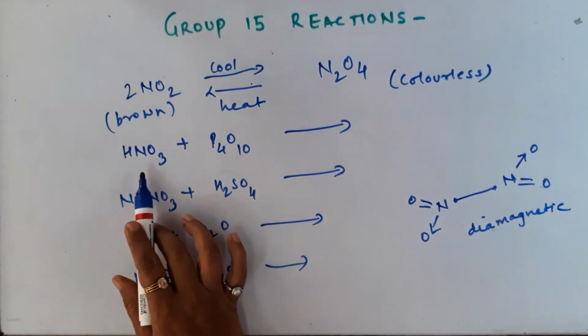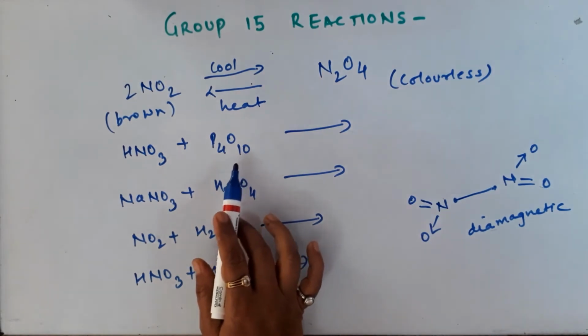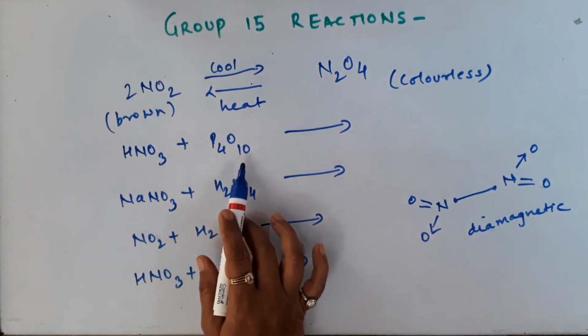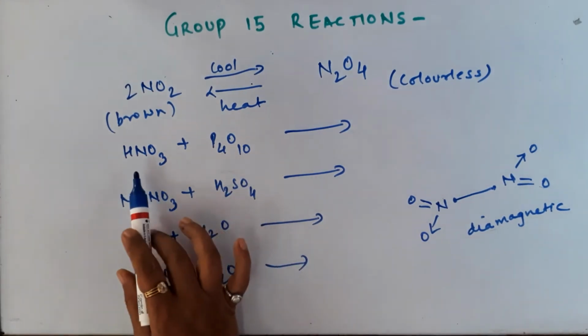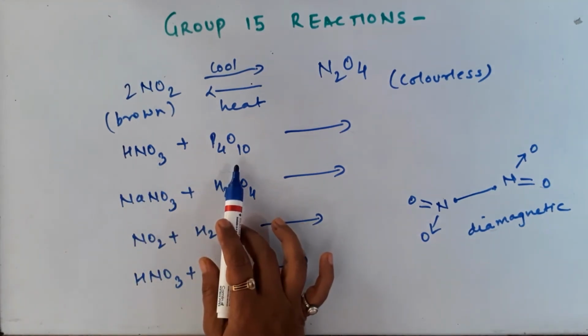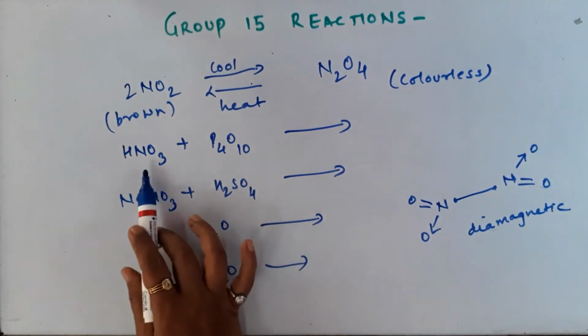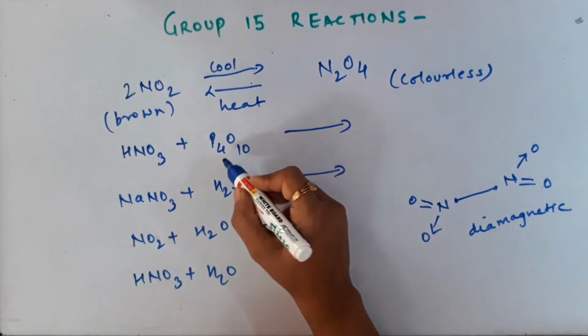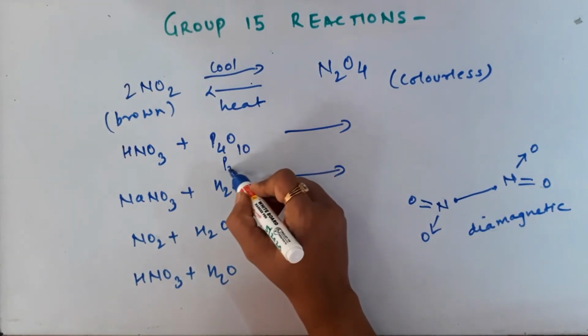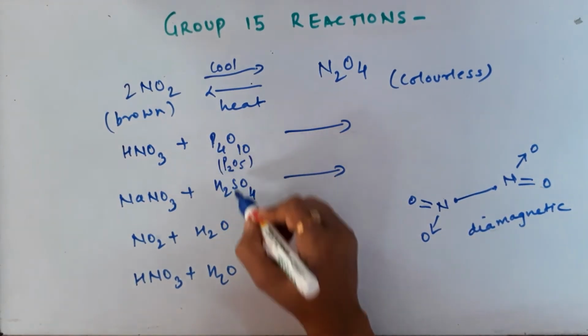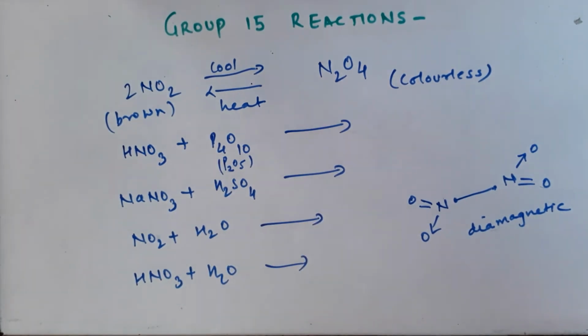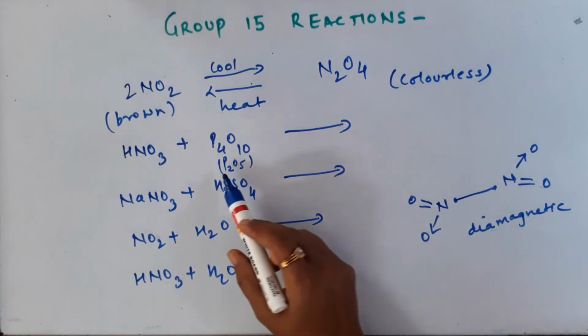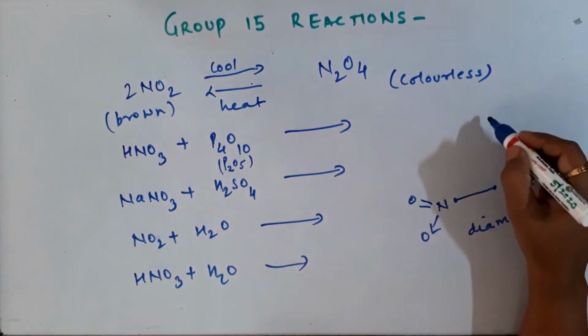The next is your preparation of, you can see what we are doing, N2O5. I want to make N2O5. So HNO3 plus P4O10, nitric acid plus P4O10. What is P4O10? You can think it is a dimer of P2O5, okay? Like this you will remember it. So what will happen if you take this? It will automatically become N2O5.